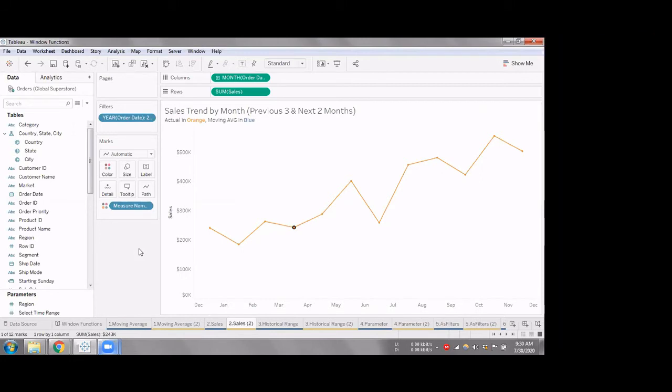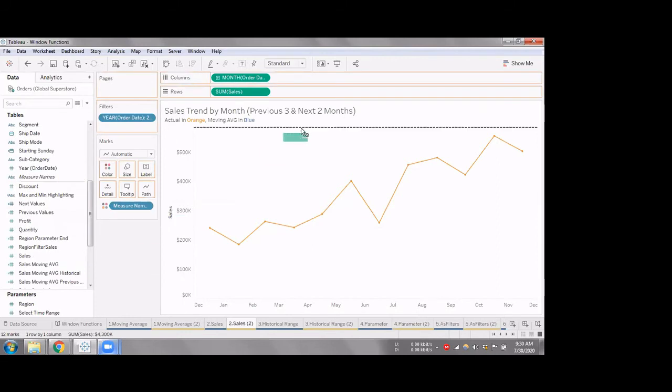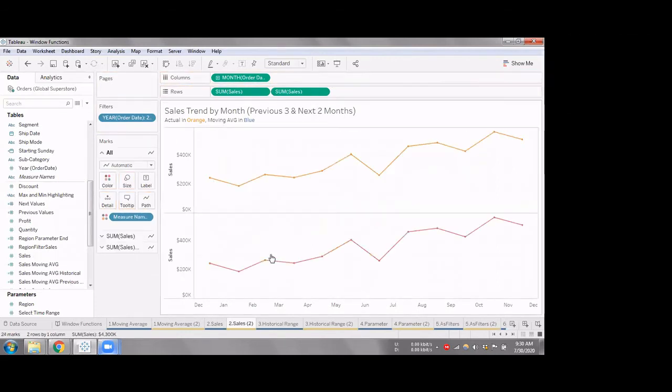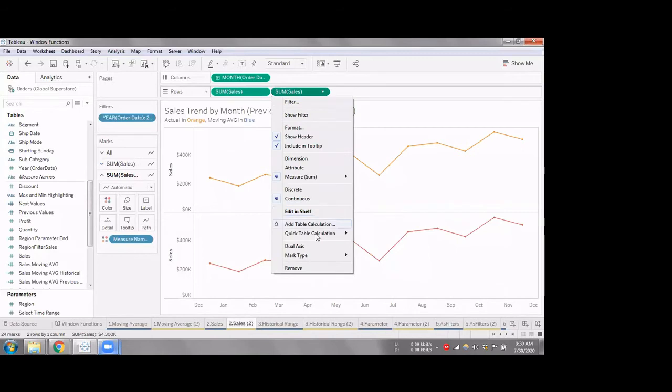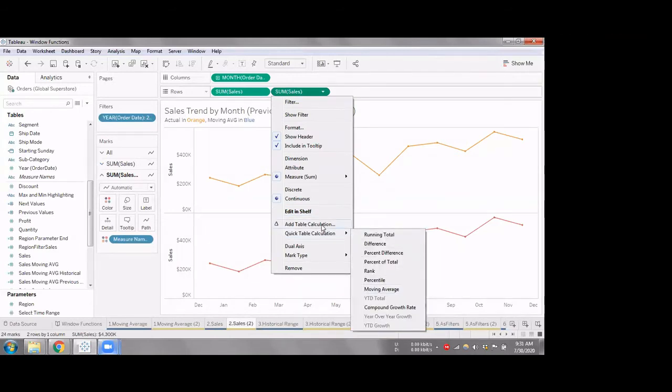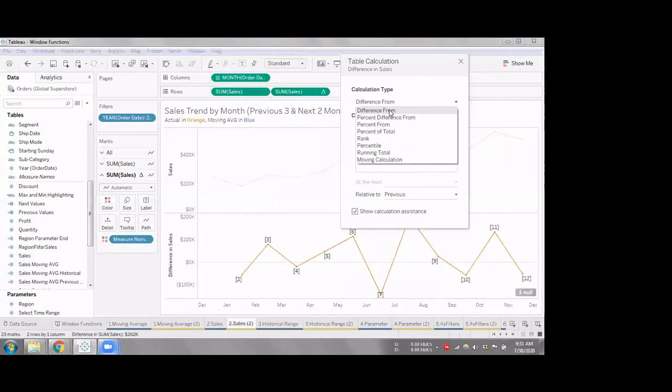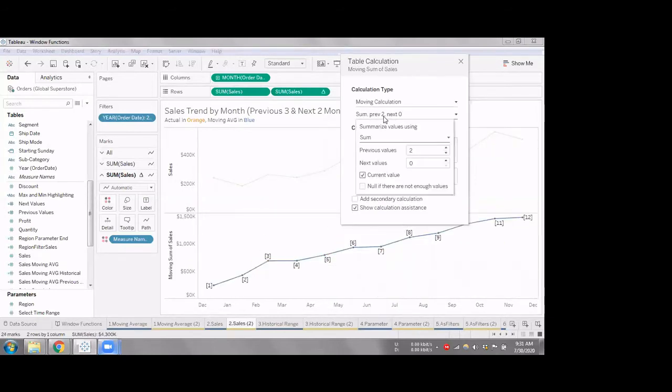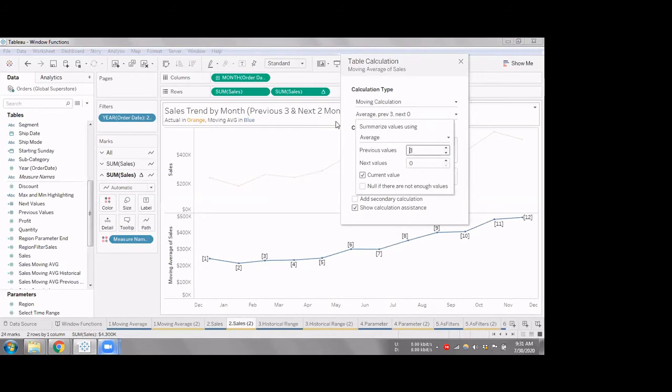Okay, yeah, got it. So the same thing as we did for the moving average: I'll bring my sales into a new line, and I need a moving average, so I'll go to add table calculation, moving calculation, and use the function average. I want the previous 3 months and the next 2 values.